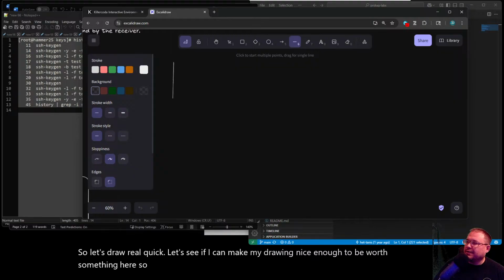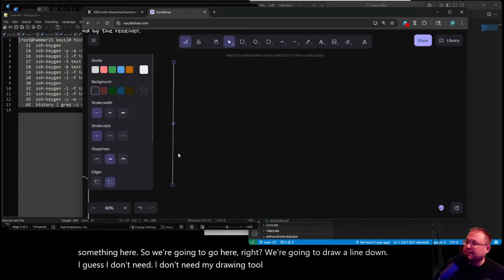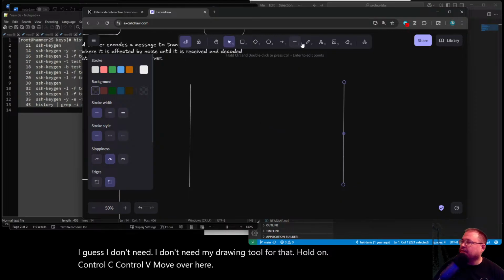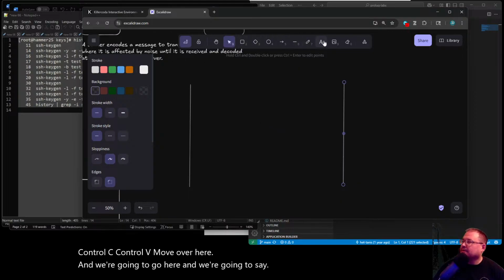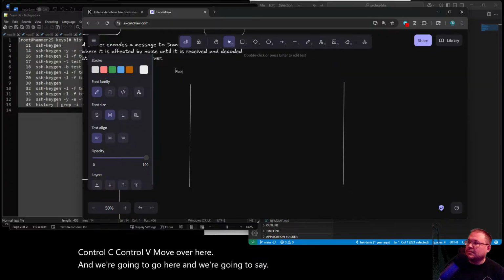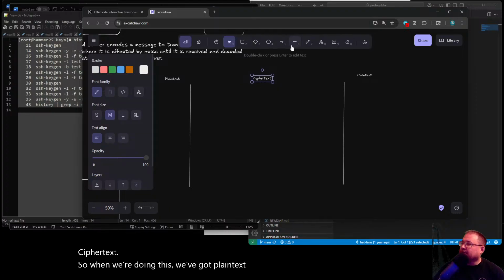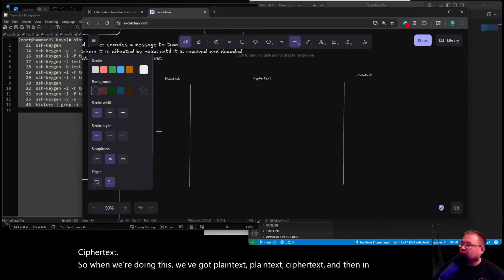So we're going to go here, right? We're going to draw a line down. I guess I don't need my drawing tool for that. Hold on. Control C, Control V, move over here, and then we're going to say plain text, ciphertext. So when we're doing this, we've got plain text, ciphertext, and then in here we're going to do